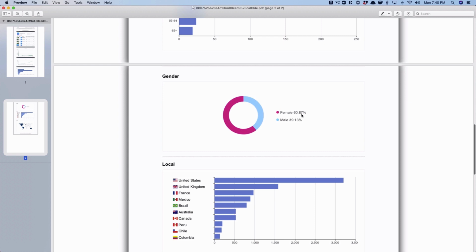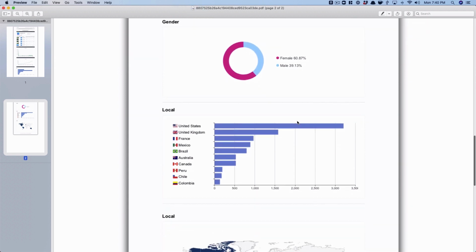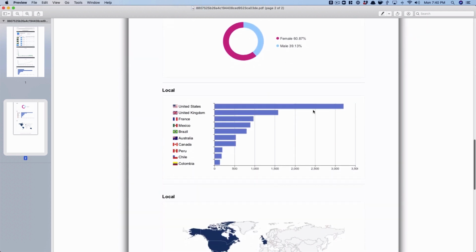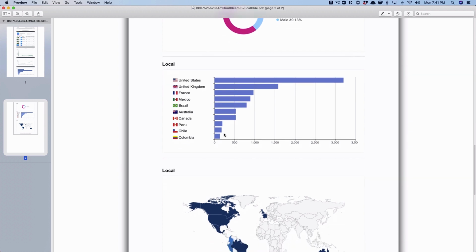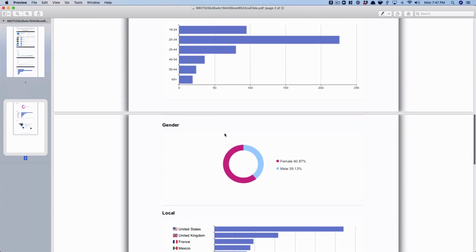You got 60% female, about 40% male, mostly in the United States, a few in the United Kingdom, and that could just be where Calm is advertising more. But then you can also find that in Colombia, they're starting to advertise. Brazil is a great country. Australia, so forth. Really valuable data, and this will allow you to lower your CPIs because then you can focus,